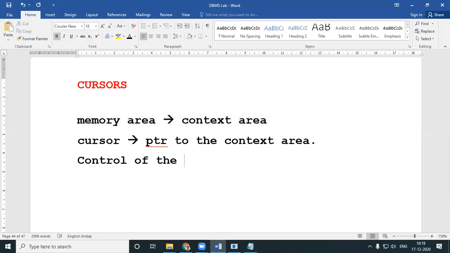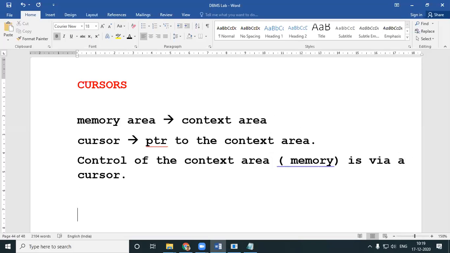The context area is nothing but the memory, and it is controlled via a cursor.